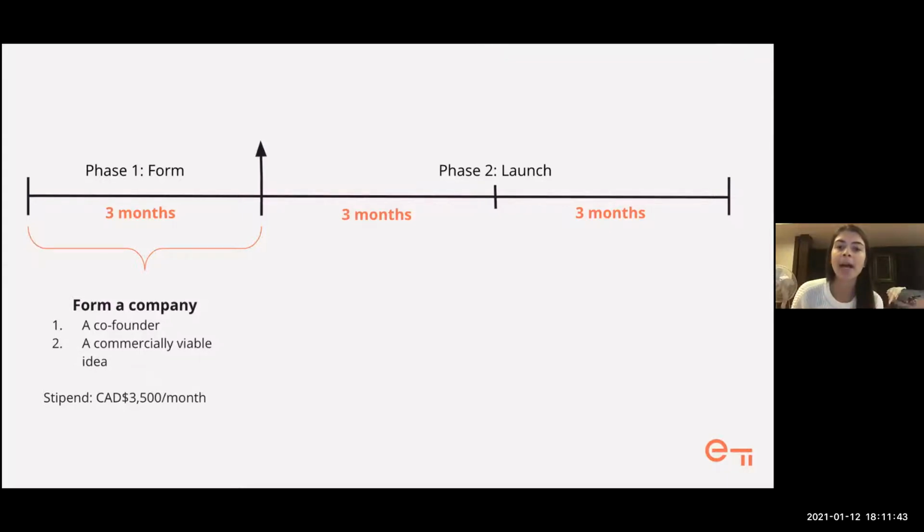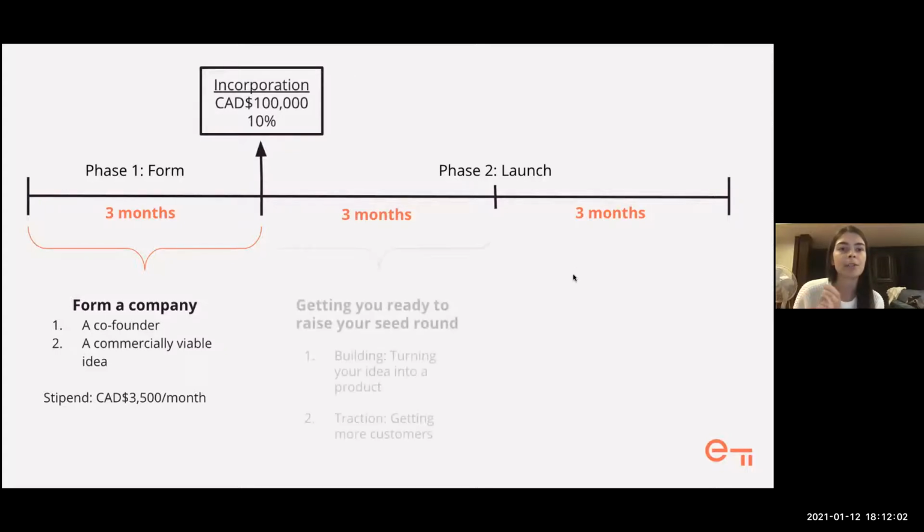13 weeks have gone by, you formed, you've broken up, you formed, and you come up with something technically defensible. You then pitch to us, Dragon's Den style, and we have the option to invest $100K for 10% of your company. The second part, if you get that 100,000, you move over to launch, and you go out and validate your business. You're talking to customers, you're turning that idea into an MVP, really driving traction so that you can come to our demo day and pitch to us and other investors that we bring in